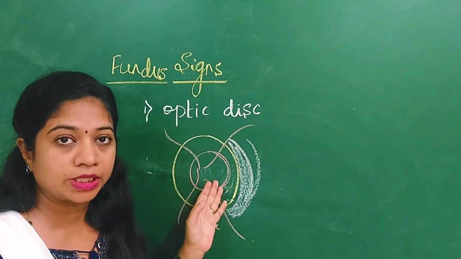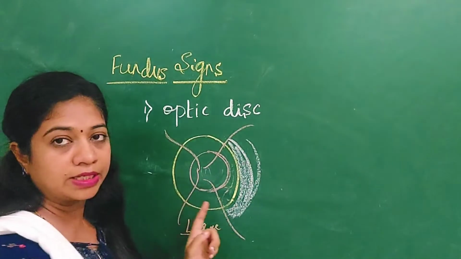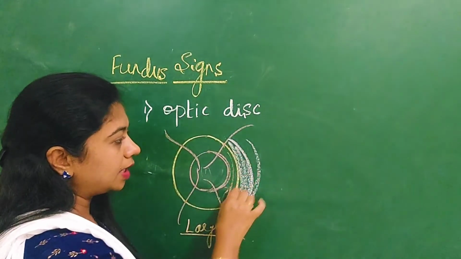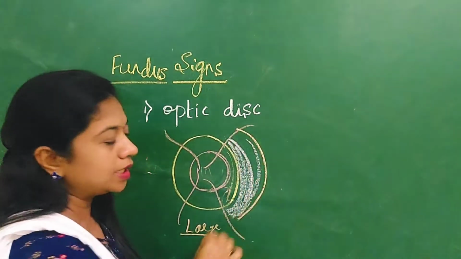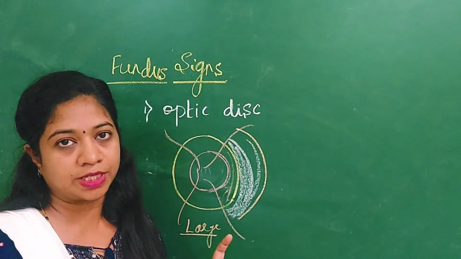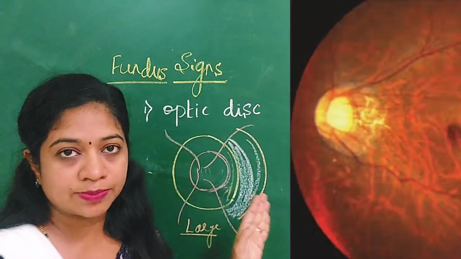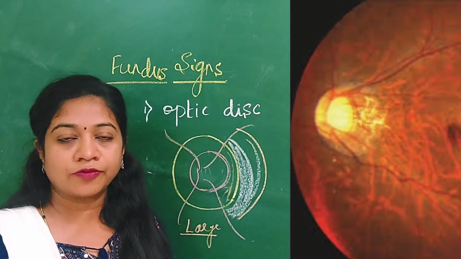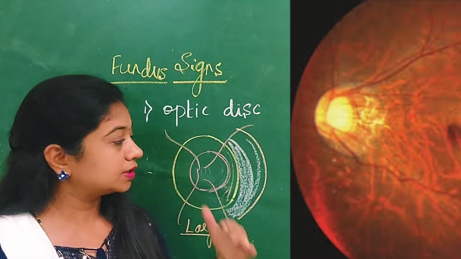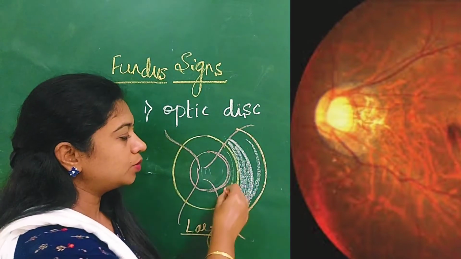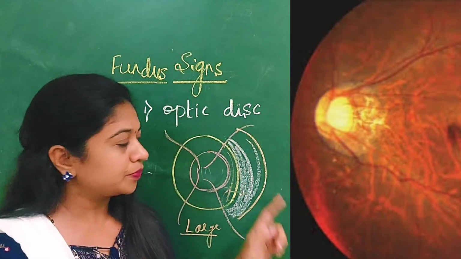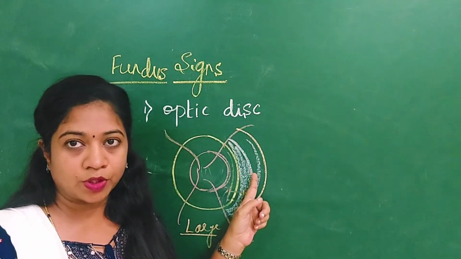When you examine the optic disc, you will find a very large optic disc with a temporal pallor, and there is something called a temporal crescent, which is seen in these myopic patients. This temporal crescent is because there is stretching of the retina and the choroid, but the posterior sclera is seen through when you are doing the fundus examination. That is the reason for your temporal crescent.